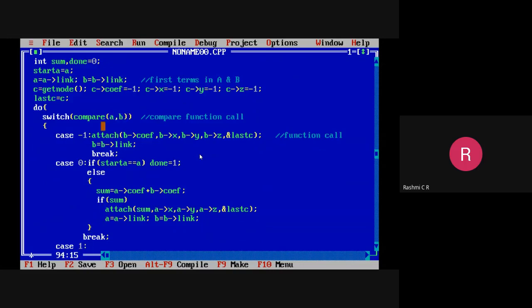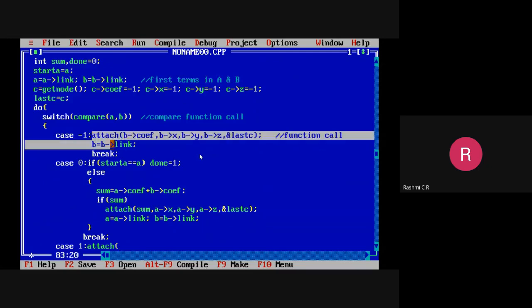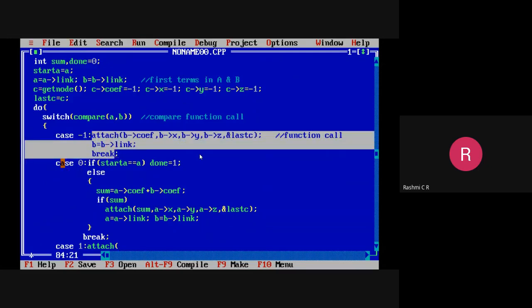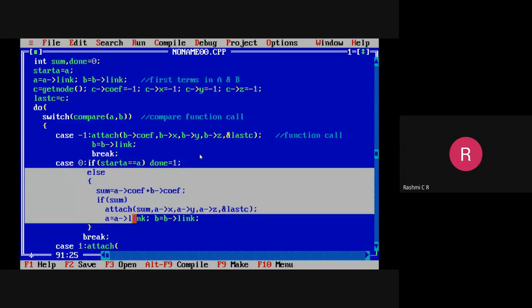In that case, we will be adding the greater terms. What is the greater term? It will be A terms. So call the attach function here for sending the values of A term. Case -1, we will be attaching B terms. Case 0, we will be attaching our added terms. Case 1, we will be adding the A terms.